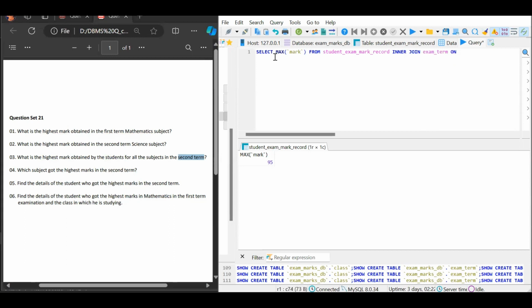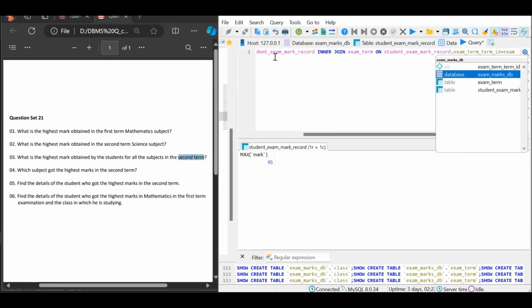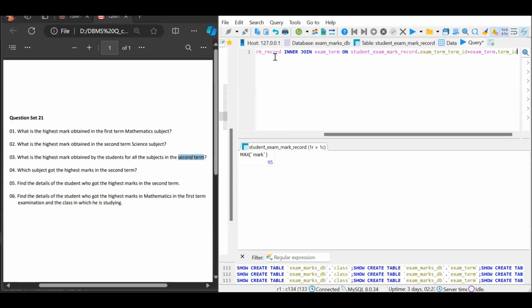We use the on keyword to specify the relevant columns: student exam mark record table dot exam term id equals to exam term table's term id, and then we can use the where condition here, and then inside the quotation marks we can give the term name equals to second term, and then at last a semicolon, and then let's execute this query. So here we can see that the highest mark obtained by the students in the second term is 98.5,